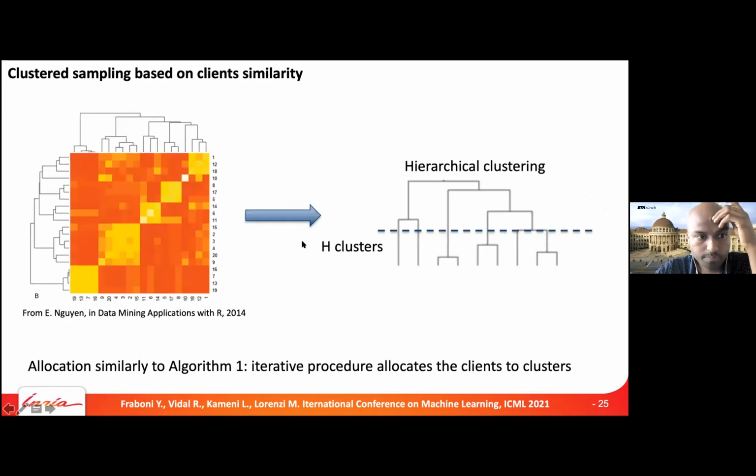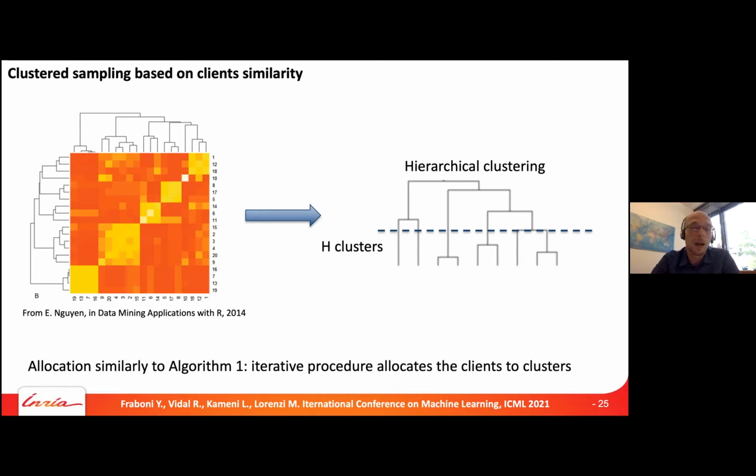There could be more refined ones, which are more interesting. For example, based on client similarity, we can define similarity between clients in any possible way. For example, we can compute the similarity between updates. So what the clients are going to send us is their updated parameters. So we can check, for example, the cosine distance between sets of parameters. So we can define this sort of similarity matrix between all the clients, so all their updates.